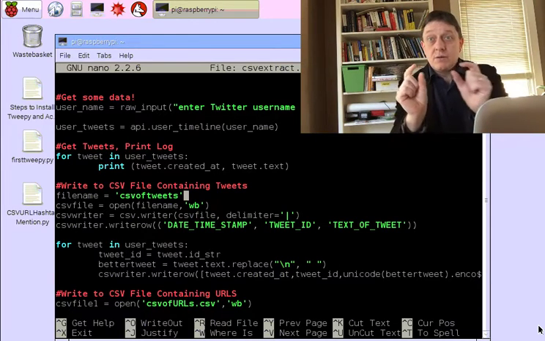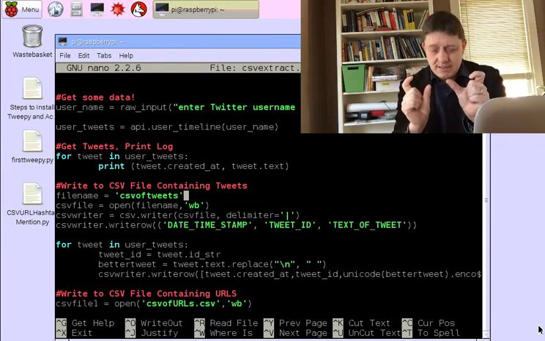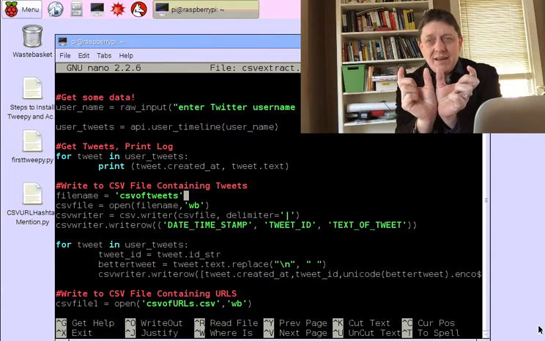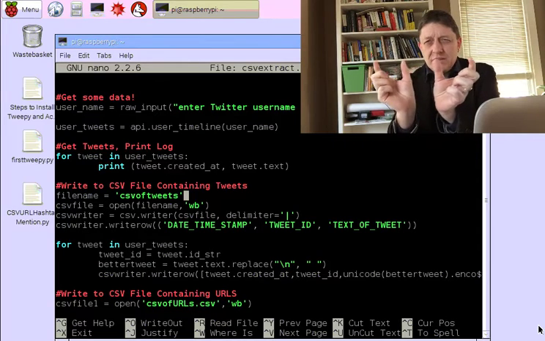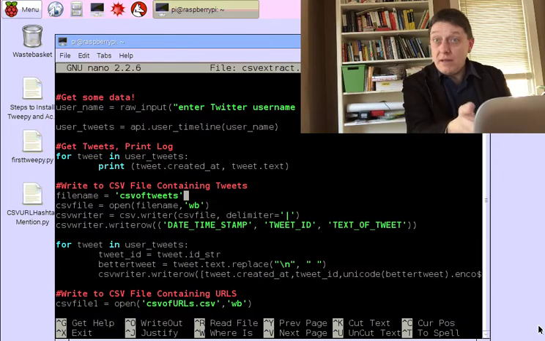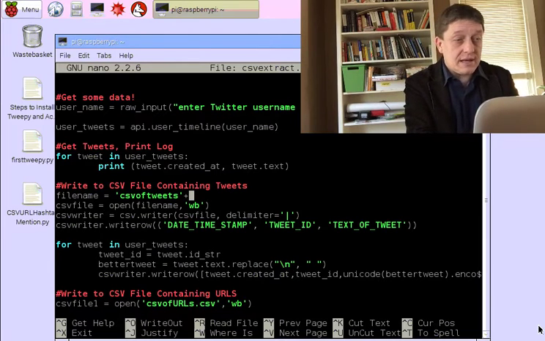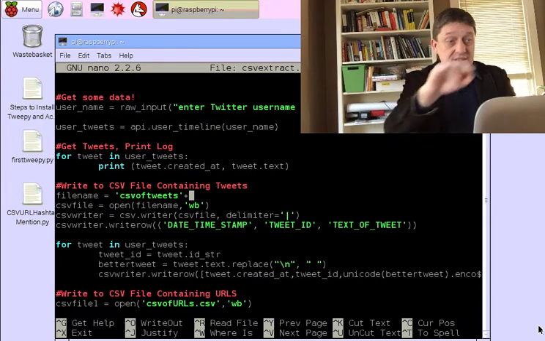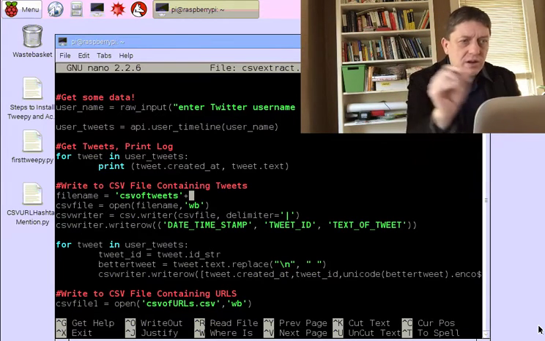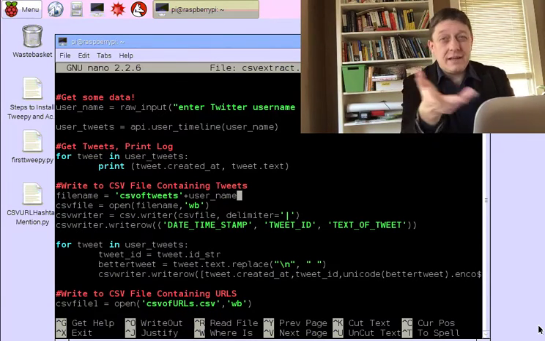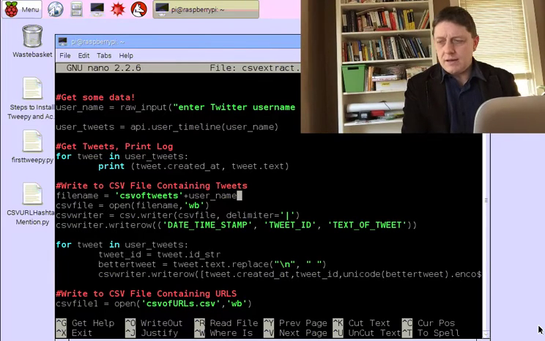And to do that, we're going to use a command called concatenation. To concatenate is to simply shove two pieces of text together right next to each other. And in Python, to concatenate, you can use the plus sign. So we're going to shove together the actual text CSV of tweets. And then we're going to shove it together with what? The variable user_name. And then comes the last part, because every file name, at least in